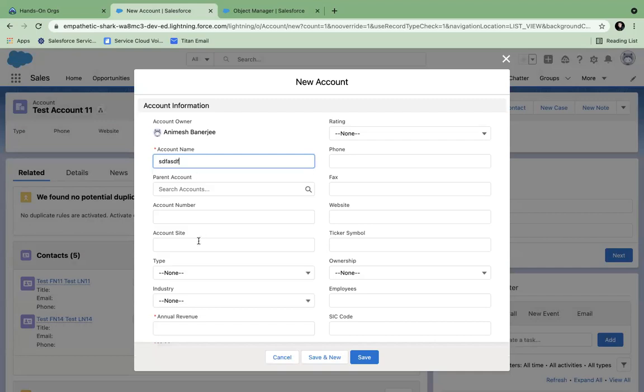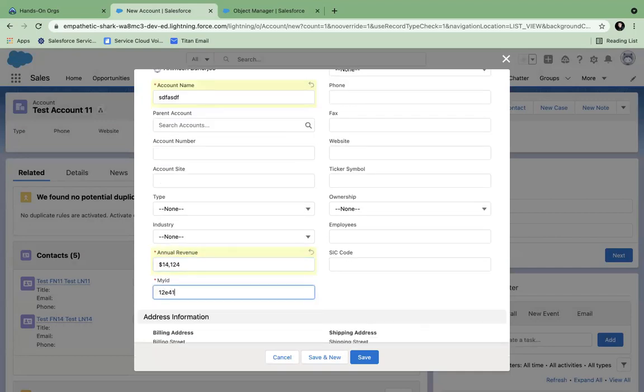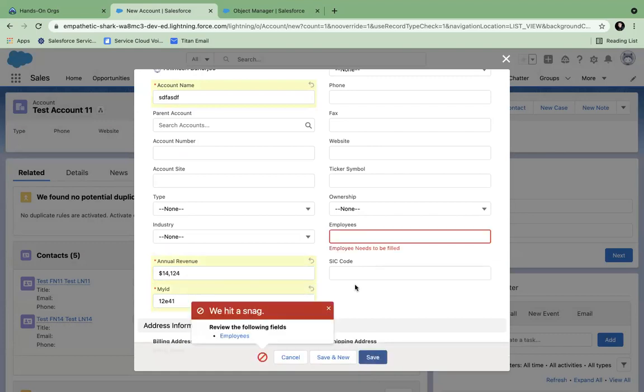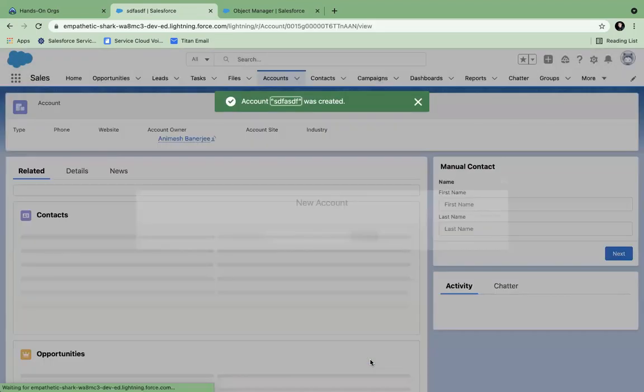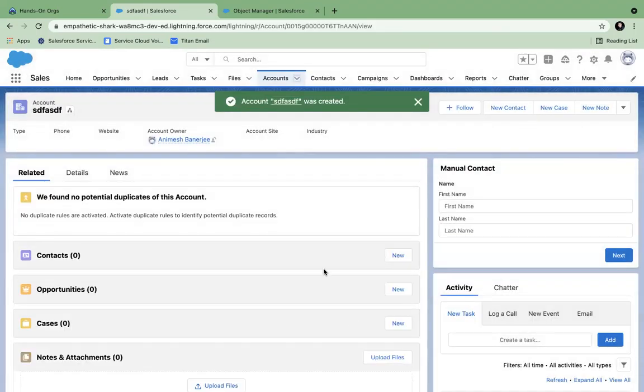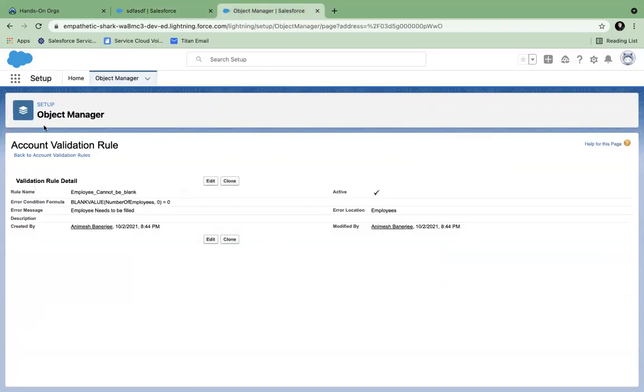I have filled up all this. You see, now the error message is coming up: Employee needs to be filled. And save it. Now it allows me to save. So I can make a field mandatory by validation rule also.